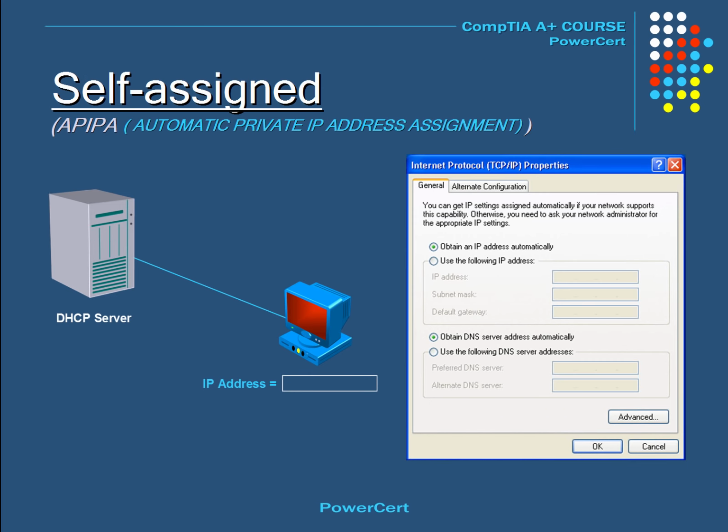When a computer is set to automatically obtain a dynamic IP address, it gets the IP from a DHCP server. But what happens if this computer cannot reach a DHCP server? For instance, what happens if the DHCP server goes down, or if the connection to the server is lost? If this happens, then for computers that are running Microsoft Windows 98 or later, the computer itself will assign its own IP address. This IP address will be in the